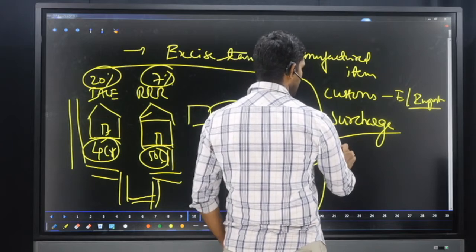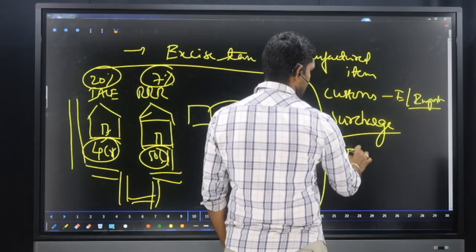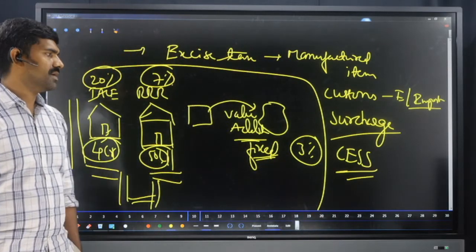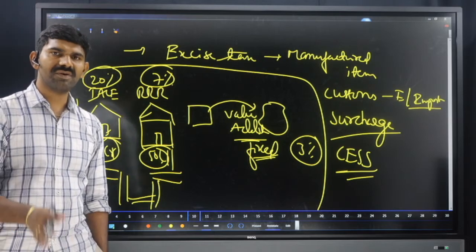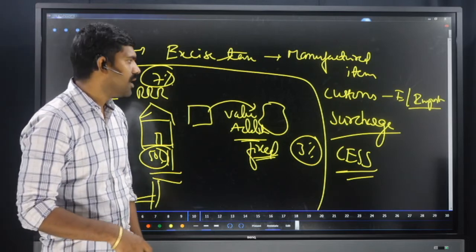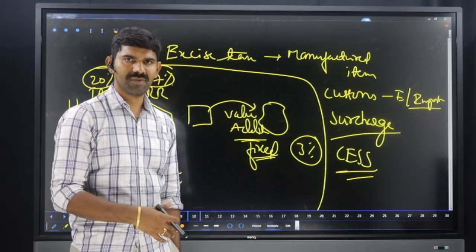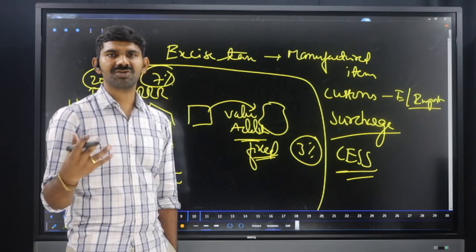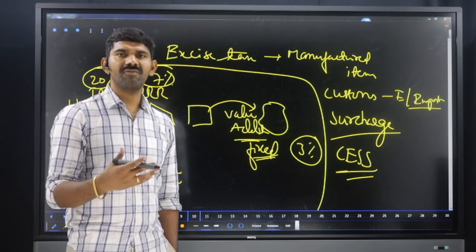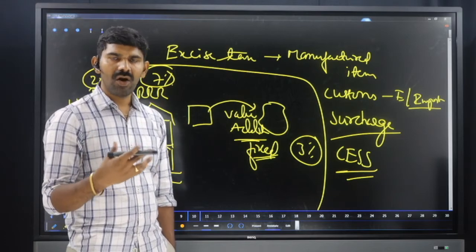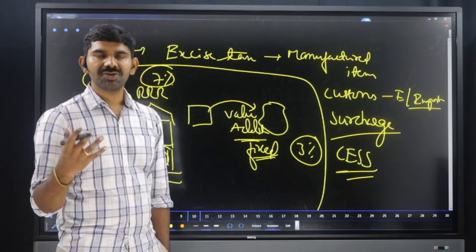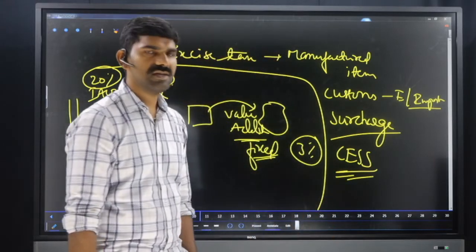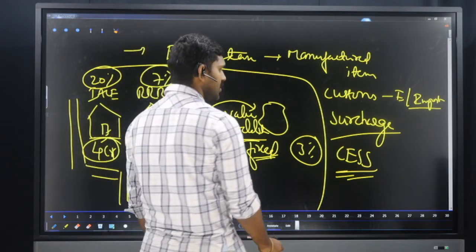We have something called a cess. What is the meaning of cess? Cess is nothing but a tax imposed for a special purpose. It means the government has a purpose for the tax, either for contributing money to Swachh Bharat, or for the relief measures of COVID-19, or for the welfare of the farmers, or for the promotion of education. So when they impose a tax with a purpose, that is called a cess. And one more, the last one, is called